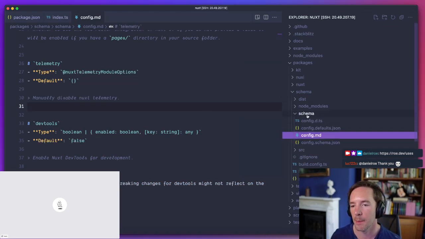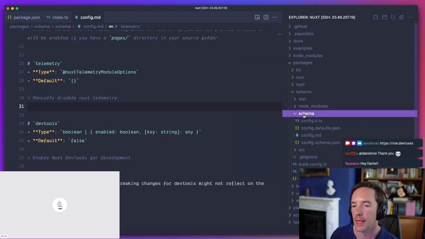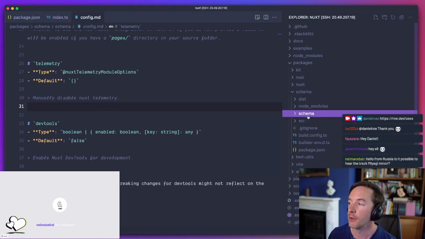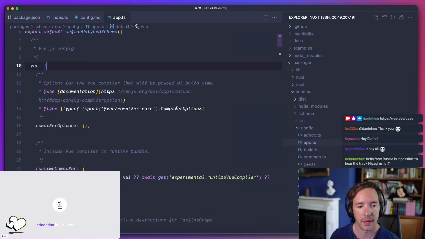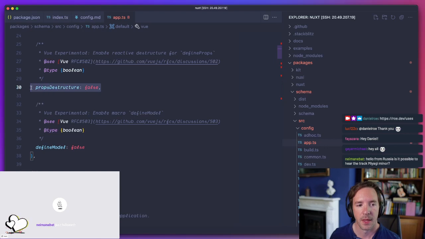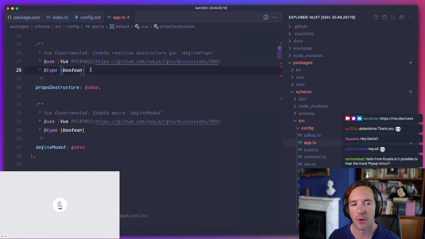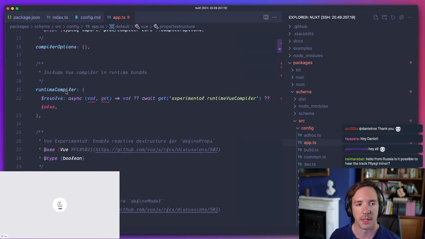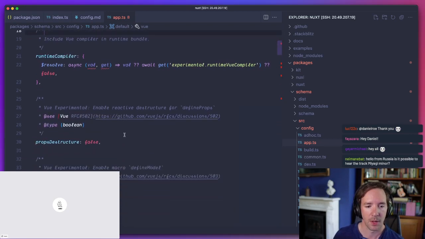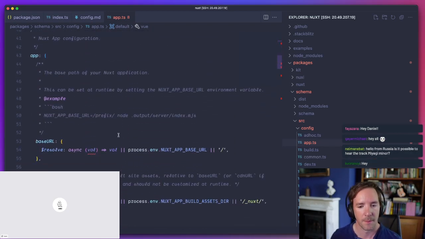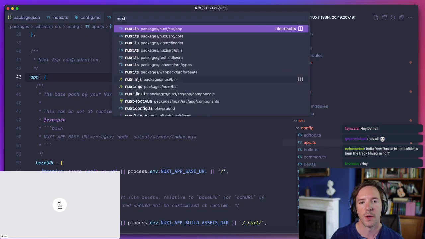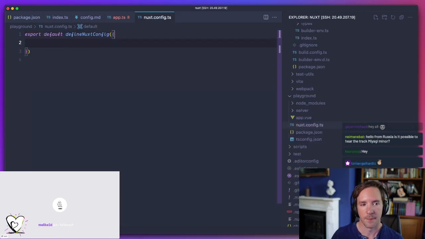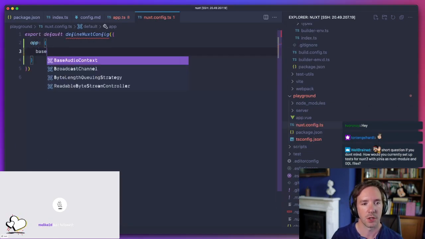So anyway, that's what the schema package does, and it also does things like generate the real defaults. So if in our config we have a default for something, like we default it to false, then when we build this and generate the types for it, we actually have the default value in the real types. So what's this? View property structure. Let me hope this is going to work. Maybe app base URL is a better example. Yeah, app base URL. So if I were to go into a Nuxt config file and start typing that definition,